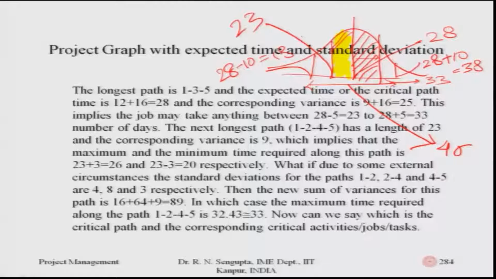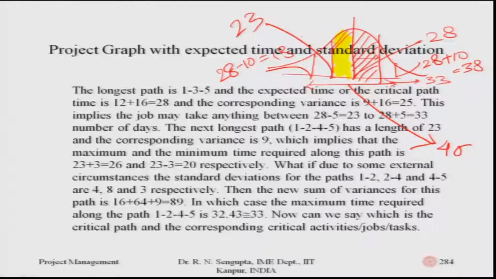The next longest path has a length of 23. If you go back to the figure which is in slide number 283, it means that the next longest path after the critical path has a length of 23 and the corresponding variance is 9. Now, here we should pause and try to understand. If it is 23, then plus minus 1 sigma would become 23 plus 9, which is 32, and 23 minus 9 would basically mean it is 14, which implies that the maximum and the minimum time required along this path would be,